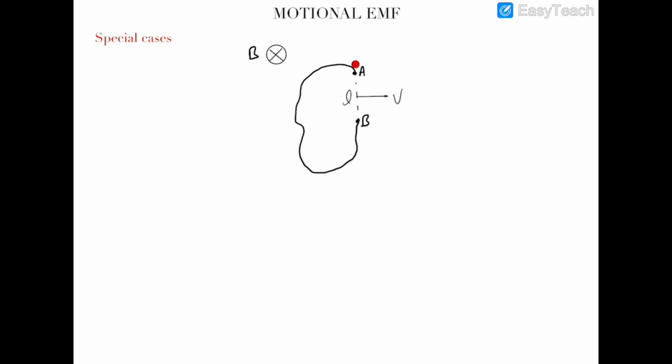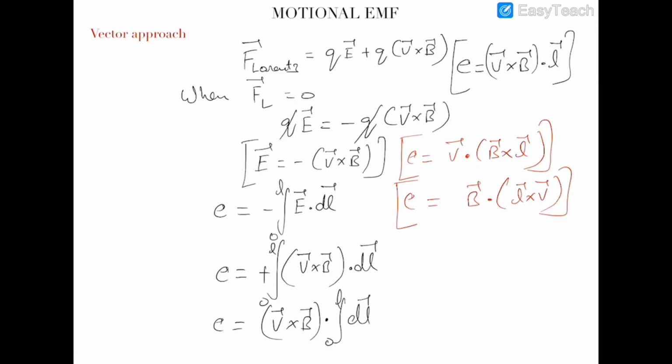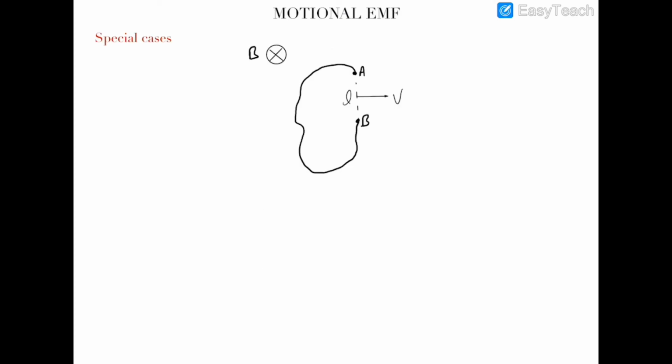So you can see that L, V and B, all three are in perpendicular directions. But as we all know, the vector form of this EMF is this one. You can see that this is the vector form, (V cross B) dot L. So when we write that E is equal to the integration of (V cross B) dot dl, then we can